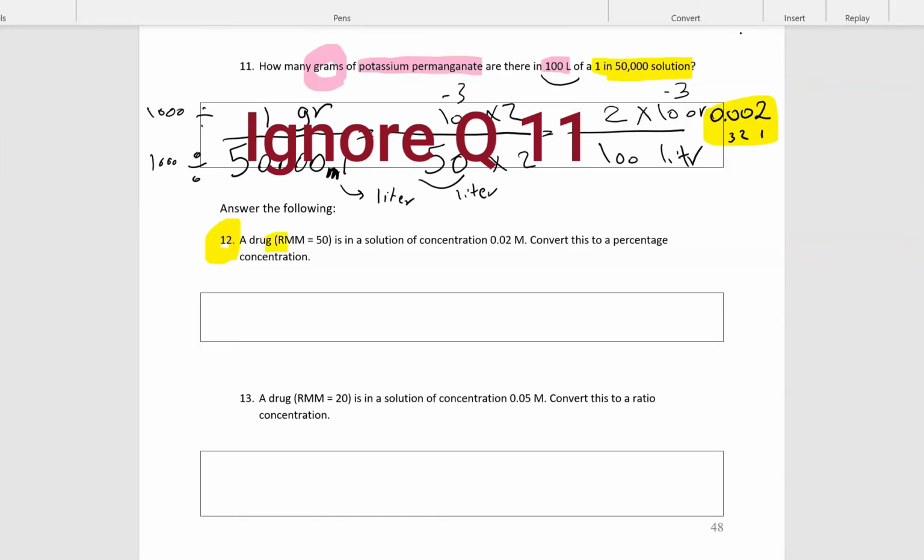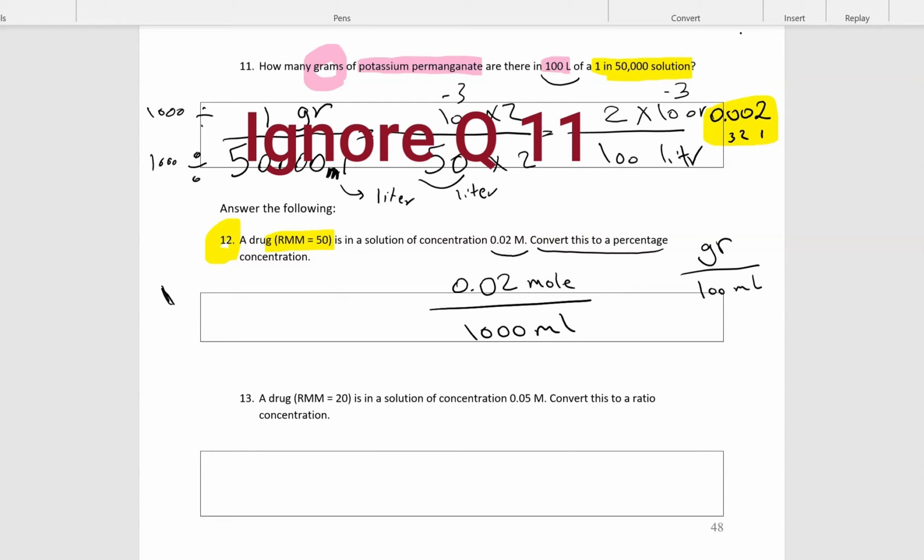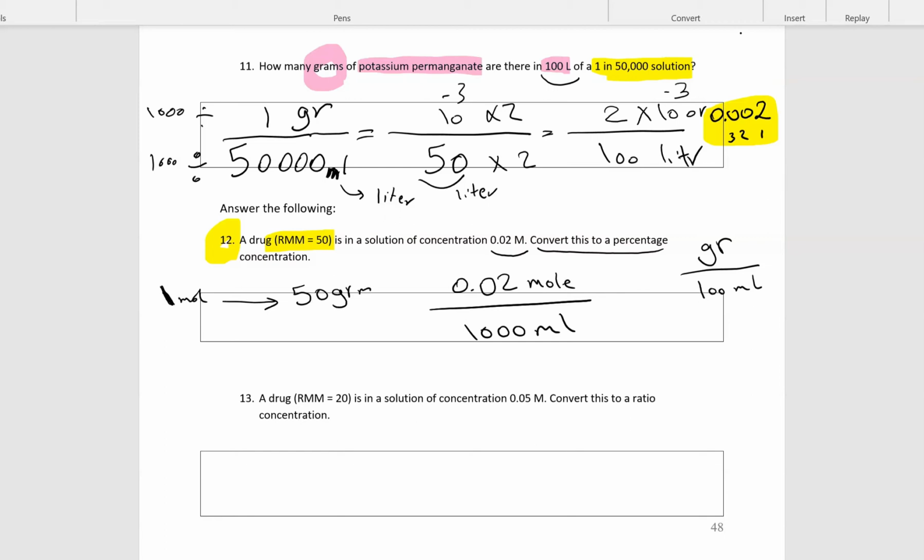If the relative molecular mass is 50 and the solution concentration is 0.02 mole in 1000 milliliters, you want to convert this to a percentage, which is grams in 100 milliliters. So 1 mole has a mass of 50 grams. And if we have 0.02 moles,